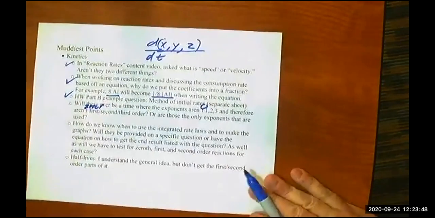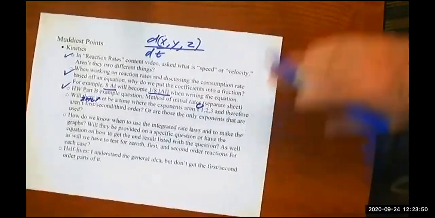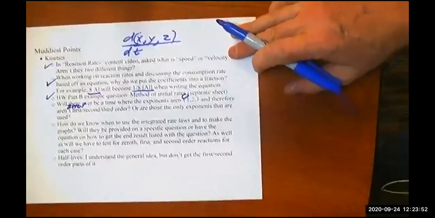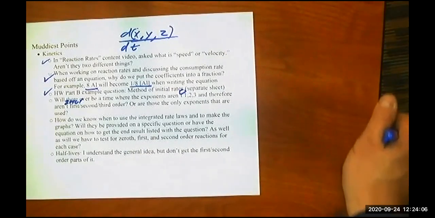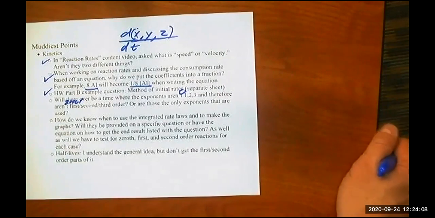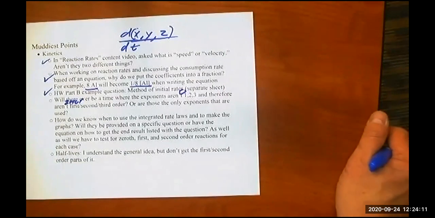Those are by far the most common exponents. It is possible for there to be other exponents. It is possible for an exponent to be negative, for example. -1 is actually pretty common. It's possible for an exponent to be a fraction. A half, 1/2 is not unheard of. But those